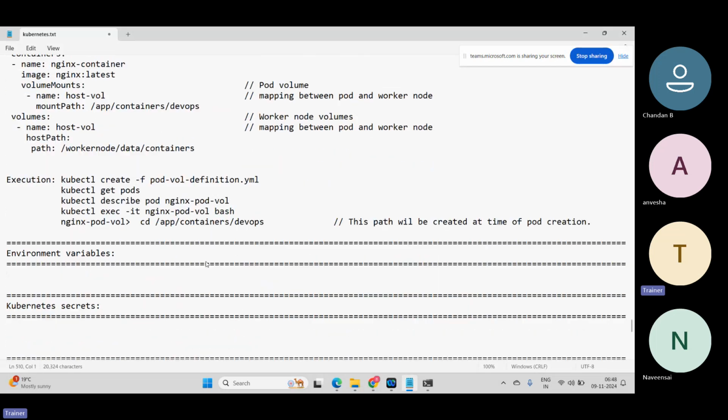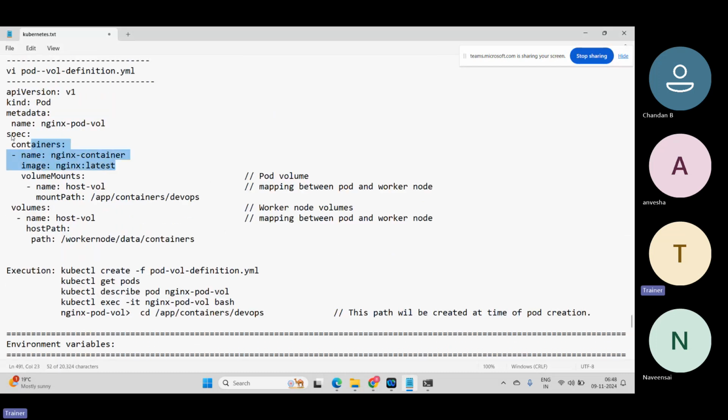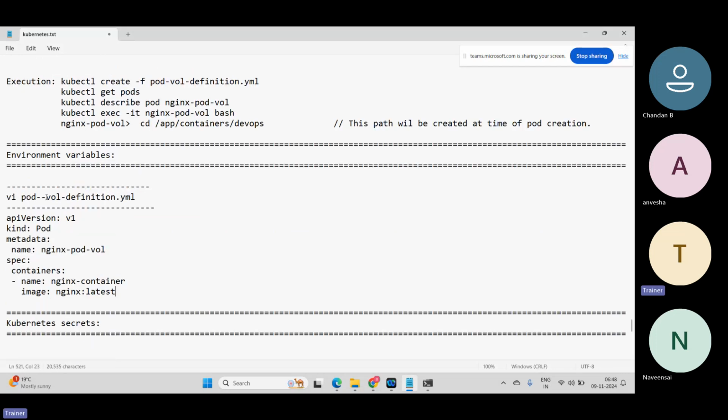Okay, same way we can see your environment variables. So what is the use case of these environment variables? Okay, why do we require these environment variables? So basically what will happen is, whenever we write a Docker image, this Docker image is written by us, but inside this Docker image there is an application. So this application inside your Docker image, okay, requires your env variables, okay, to make